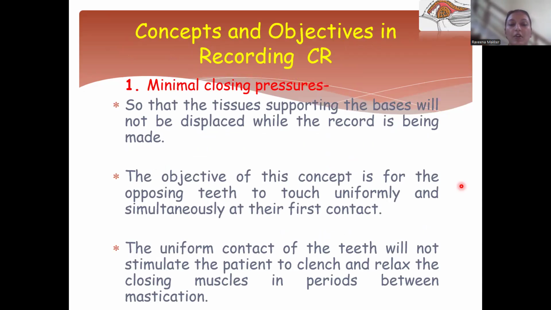Now, next, we come on to the concepts and objectives in recording the centric relation. First is minimal closing pressure, so that the tissue supporting the bases will not be displaced while the record is being made. The objective of this concept is for the opposing teeth to touch uniformly and simultaneously at their first contact. Now, the uniform contact of the teeth will not stimulate the patient to clench and relax the closing muscles